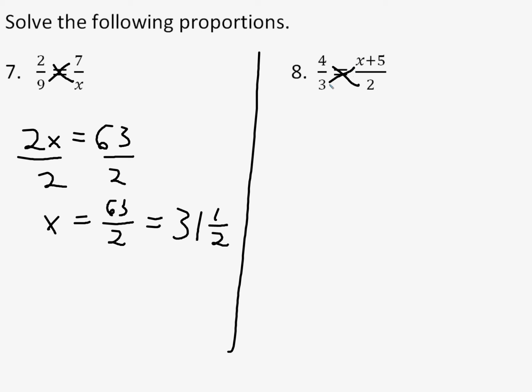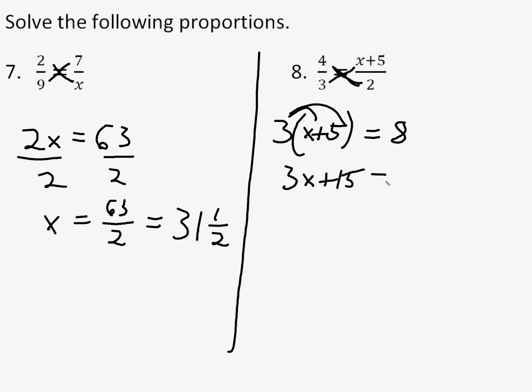So I'm going to go ahead and multiply the 3 times the x plus 5. Realize it is 3 times the whole numerator there, x plus 5, which we have to put those parentheses there because we need to distribute. And then we have the 4 times the 2, which is 8. Distributing, we get 3x plus 15 equals 8, and then we can subtract 15 from both sides,